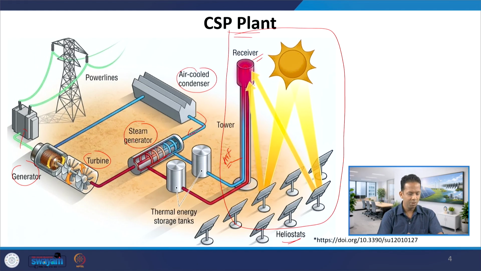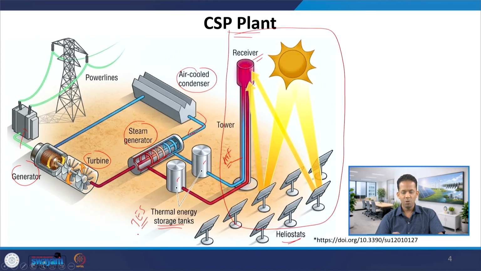In this case, if it is a steam generator, it can be water. So it is the water which goes through the receiver, gets heated and then comes back to the steam generator. But between the receiver and steam generator, you are seeing these two tanks. What are these? Those are thermal energy storage tanks,